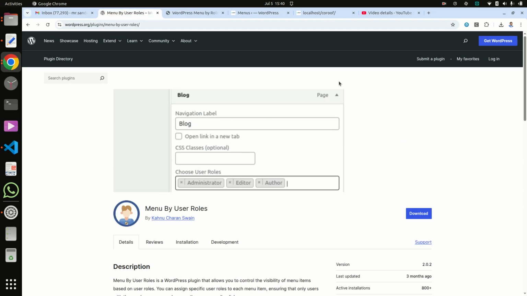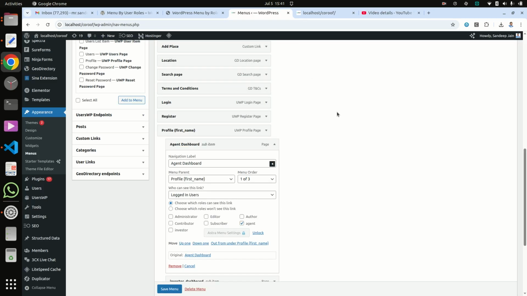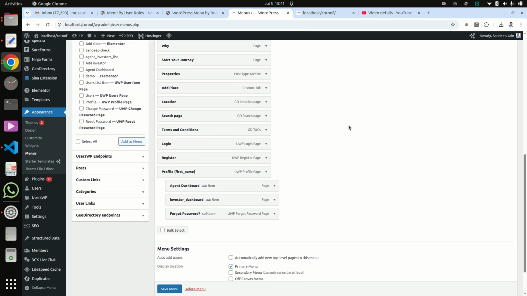So in the last video I explained how you can manage menu by user role in WordPress, and it is a very awesome plugin. But if there is any conflict with the theme and plugin, then we have to search for another plugin. The same thing is happening with the Astra theme or with this add-on, user menu. So if I refresh it here,